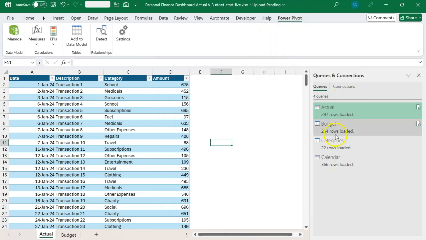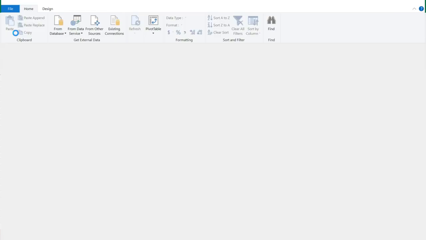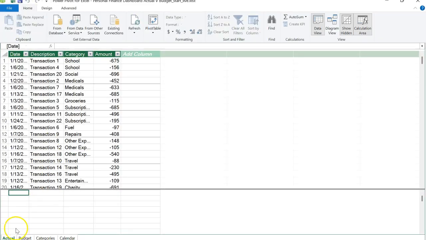Because we've already committed these into the data model, when we go into Power Pivot using this manage icon, we should now see our 4 tables here in this data view, right? So in this Power Pivot view, we call this the data view, where we see the tables that we committed to our data model. To make it easier to connect, we are going to switch from data view to the